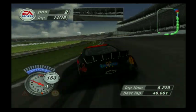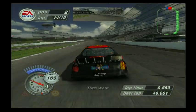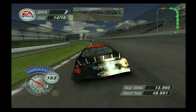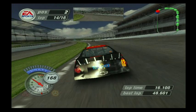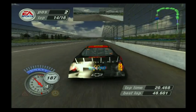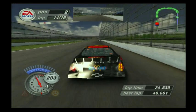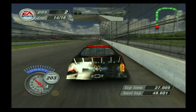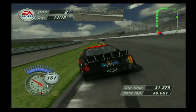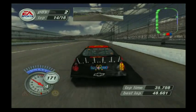I mean, we're gaining on them, but can the tires last? As we're all over the racetrack. Lap 14 out of 16 here. A caution should end the race. With how big the racetrack is, I imagine we would get back at lap 15. It just wouldn't be enough time, I don't think, to get it going. But we're probably going to have one good shot at Harvick, and I don't know if we're going to get that or not. I mean, the car is so loose,